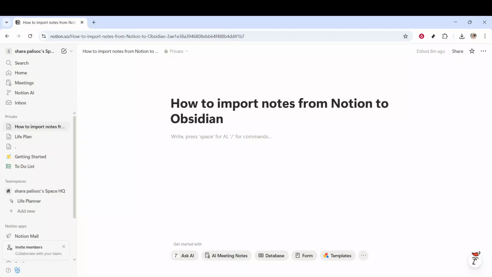In today's video, I'm going to teach you how to import your Notion notes into Obsidian. If you're moving from Notion to Obsidian or just want a local backup of your notes in plain text, this process is straightforward and keeps your content readable and portable. We'll walk through exporting from Notion, unpacking the files, and bringing them into your Obsidian vault so everything is organized